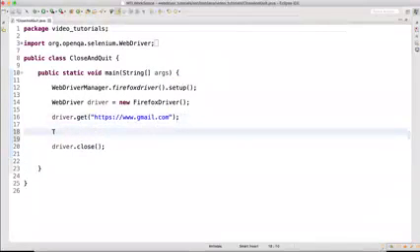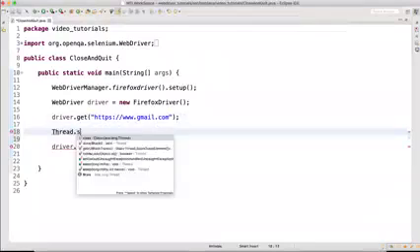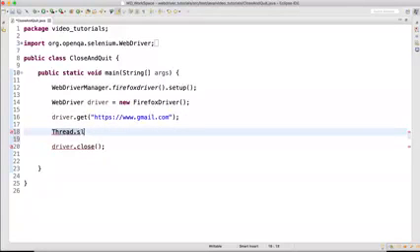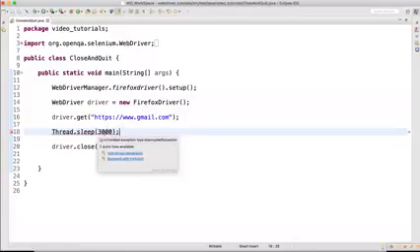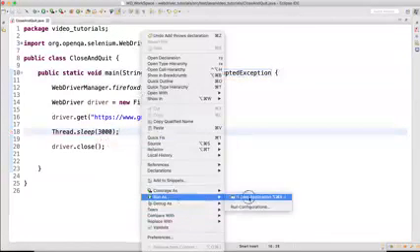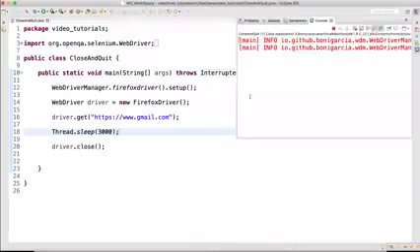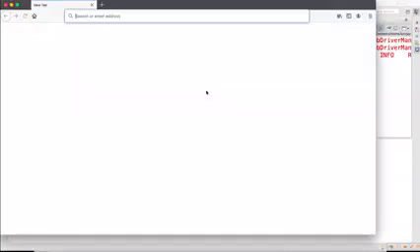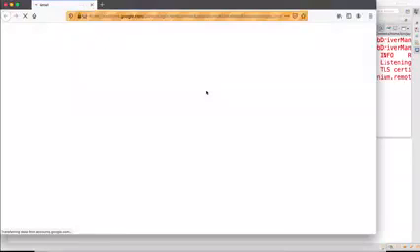If you just want to see the execution properly, I will add a sleep for around 3 seconds. Let's see here. It is going to open the browser. It will not open multiple tabs or multiple windows.